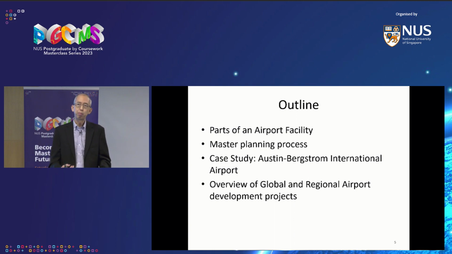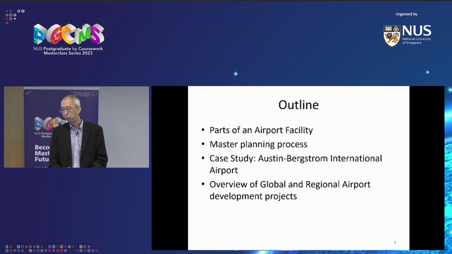It's a very, very long process. It takes between 1 to 2 years on average. And then after that, there's all the construction that takes place over the next 5 years or 10 years. So for example, Changi East, they started work on the Changi East project back in 2014. Runway 3 has already been completed, but they're still now working on Terminal 5. So it's a very, very long process. That's why you need master planning up front.